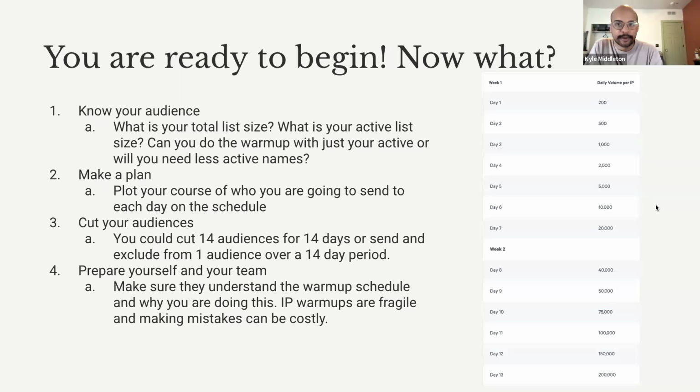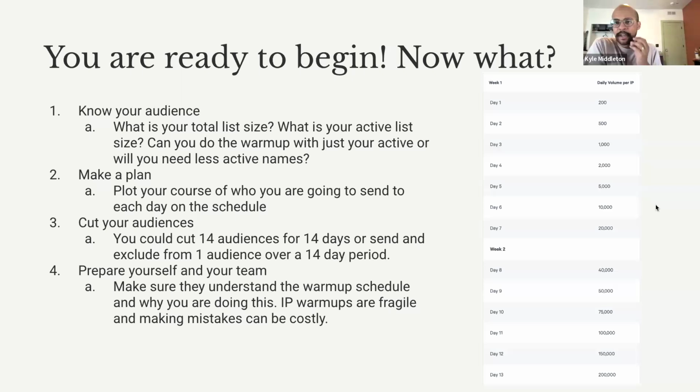In this instance, I use 14 days because I believe 14 days is the 500K mark. But depending on the audience size goal you want to get to, your IP warmup could run for 3 weeks. I actually think 3 weeks is kind of the top end. The scale starts to get much higher on the number of emails delivered every day. Once you get past day 14, it starts to multiply pretty good.